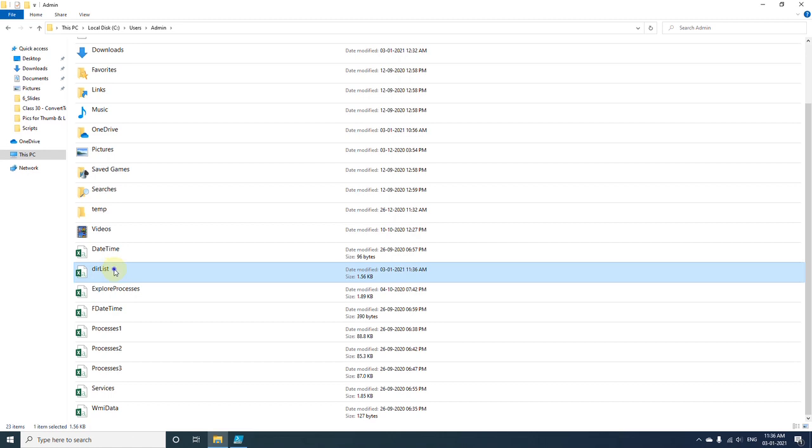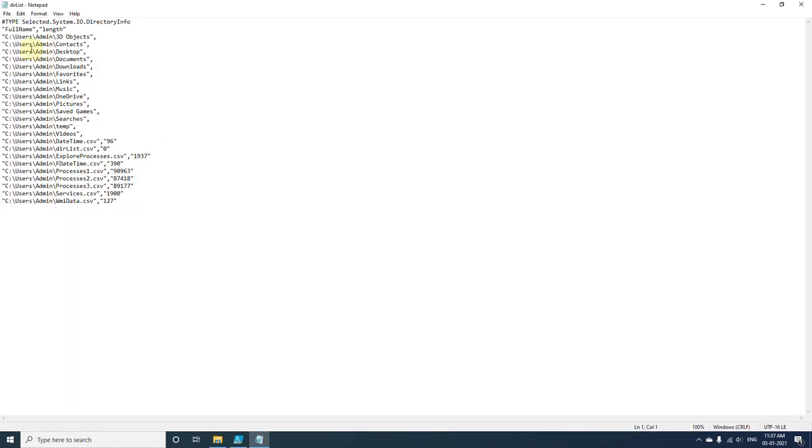So if I open this one, you can see in the first row that is the type info header, and after that we have the heading of the CSV, that is the property also. So we have FullName and Length. In the FullName we are getting the path of all the folders and files, and on the right side we are getting Length.